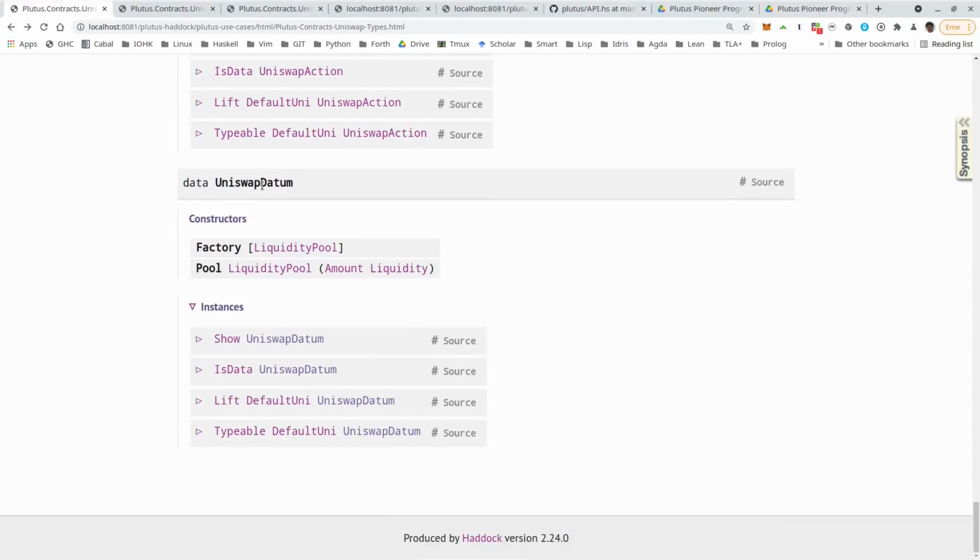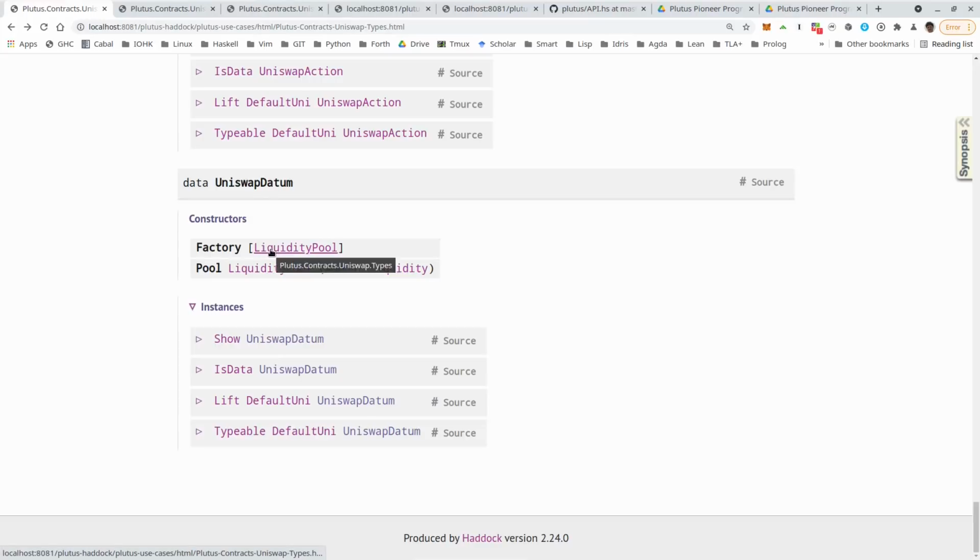The datum is a bit more complex than we have seen before, so it's not just a simple integer or similarly simple type. It's of type Uniswap datum, and there are two constructors, one for the factory and one for each pool. So the factory will use the factory constructor, and the pools will use the pool constructor.